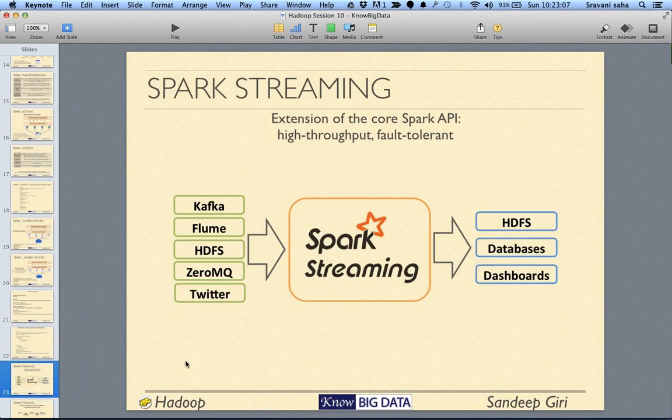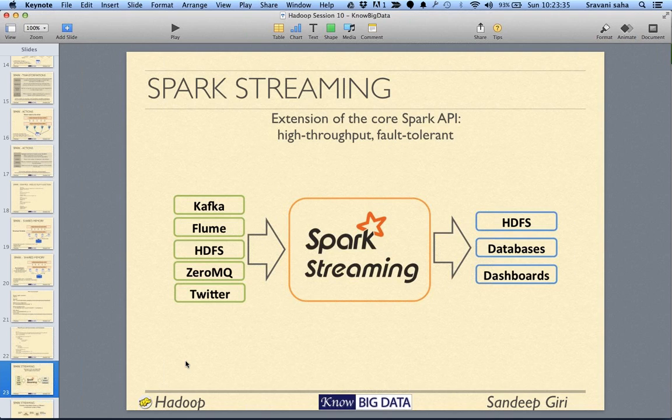All right. Now let's talk about Spark streaming. Since we found out that Spark is fairly fast when it comes to doing operations, some developers realized that they can convert input data into RDDs and then have the data operated on using Spark.